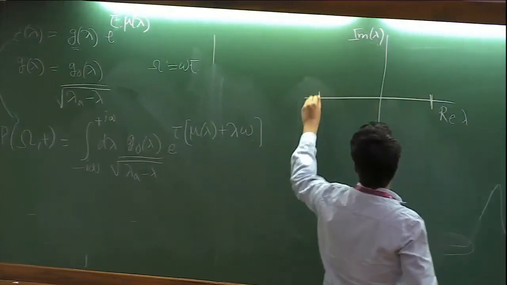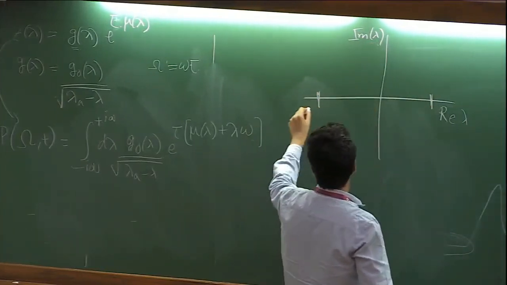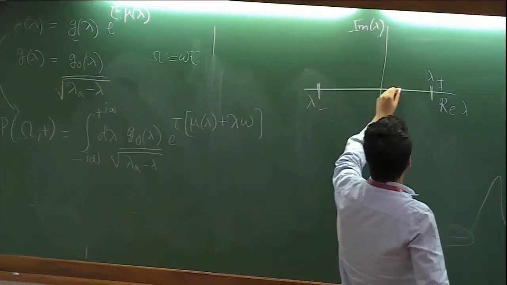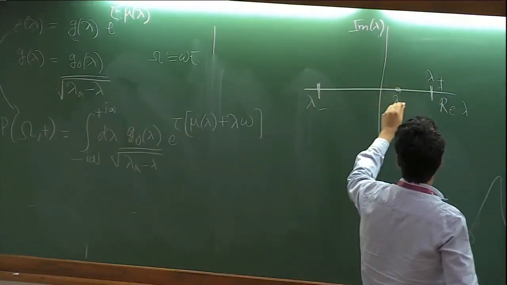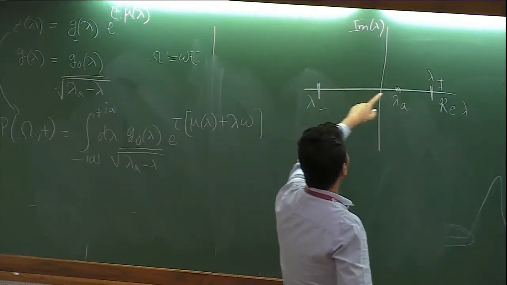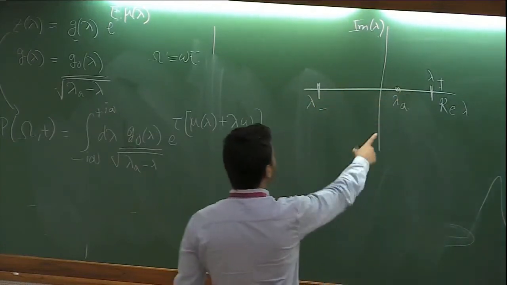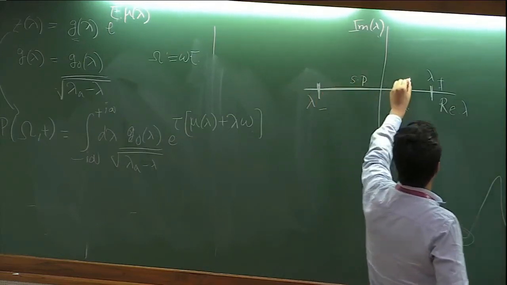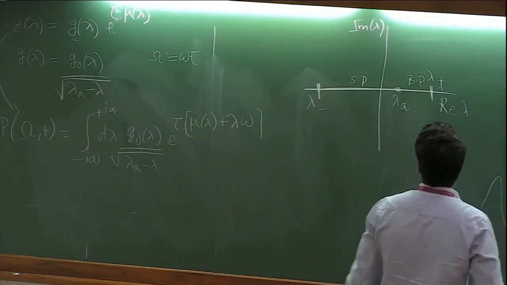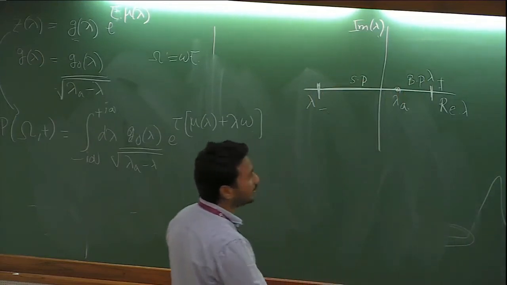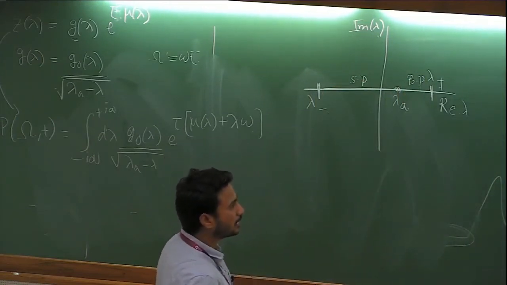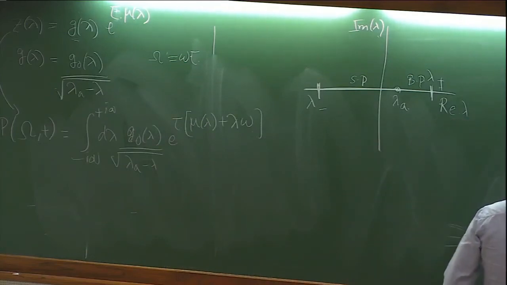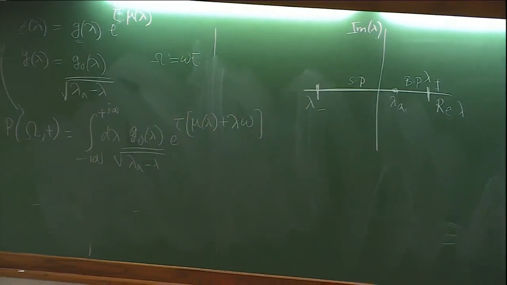These are the points within which the saddle point moves, let's say lambda negative and lambda plus. Let's say the singularity is here, lambda a. Then if I cross here, I have to compute both contributions. In this region I have only the saddle point contribution, and in this one I have the branch point contribution. This is explained in that PRE paper, but in my case it's very difficult to see how to calculate that part.